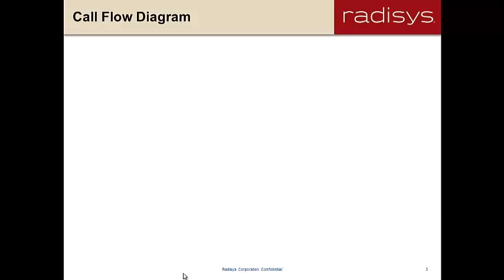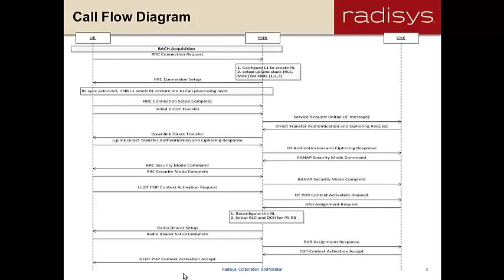Let's have a quick look at the call flow for a mobile initiated PS64 call. Firstly, the RRC connection procedure is performed between UE and the HNB. Then, UE sends an initial direct transfer message requesting the service. Then, authentication and security mode procedures are performed between core network, HNB and the UE. After completion of the security mode procedure,